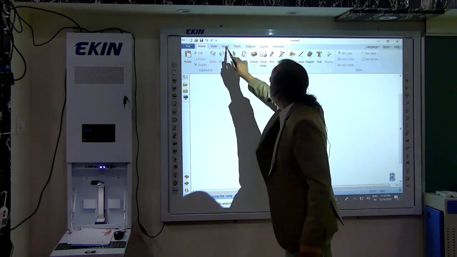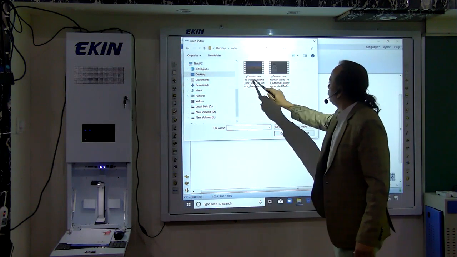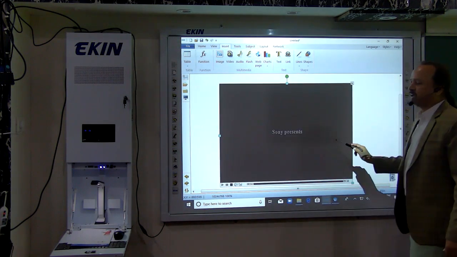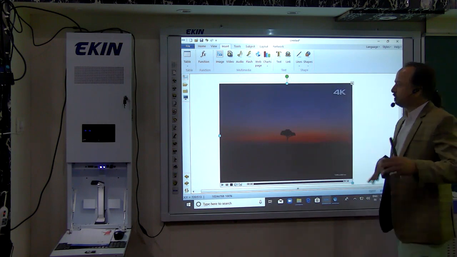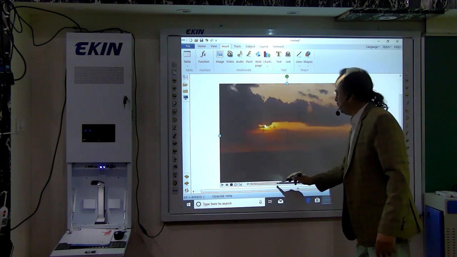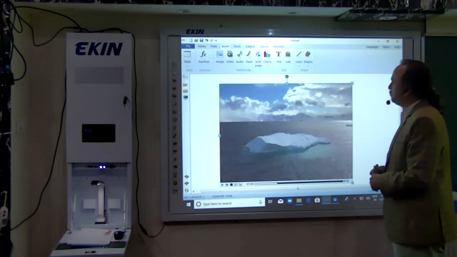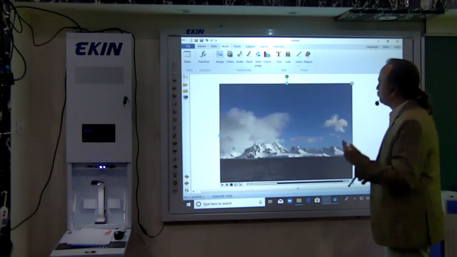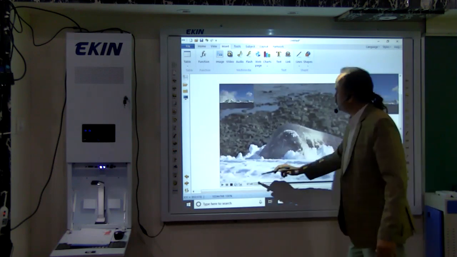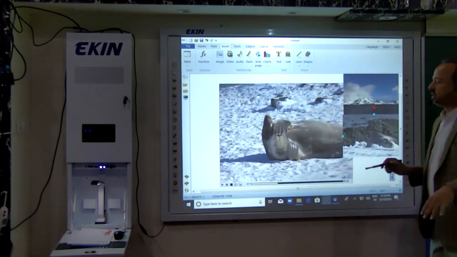Not only images, you can even insert videos. I'll show you some videos which we can insert here. You can adjust the size as per your requirement. This is a video we are running here. If you want to capture some part of the video so that you can show it to the students or discuss more on that, just click on it. I want to show or discuss this part. So on a running video, you can capture anything you want.